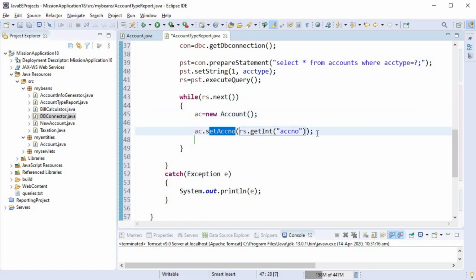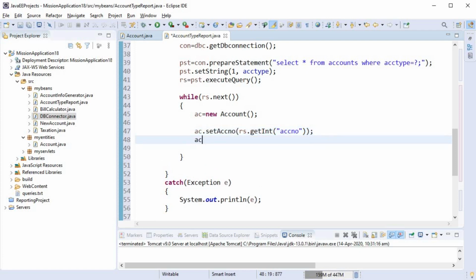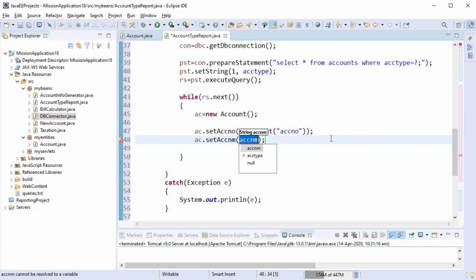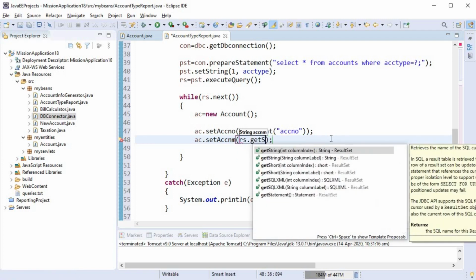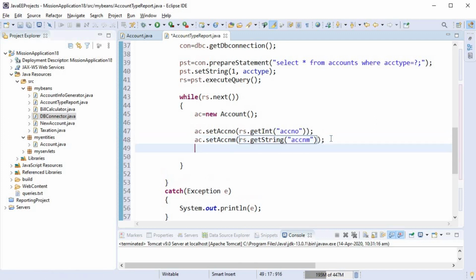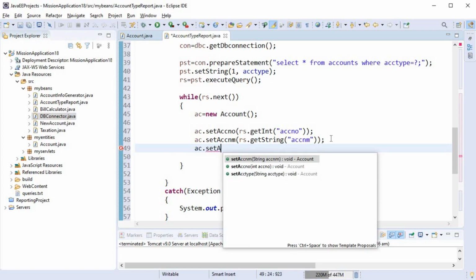Now take out from each record the account number, account name, account type, and balance from the result set, and put it into the object of the account class. So that's what we are doing, like ac.setAccountNumber and rs.getInt of account number. So take out the data from the result set and put it into your object.